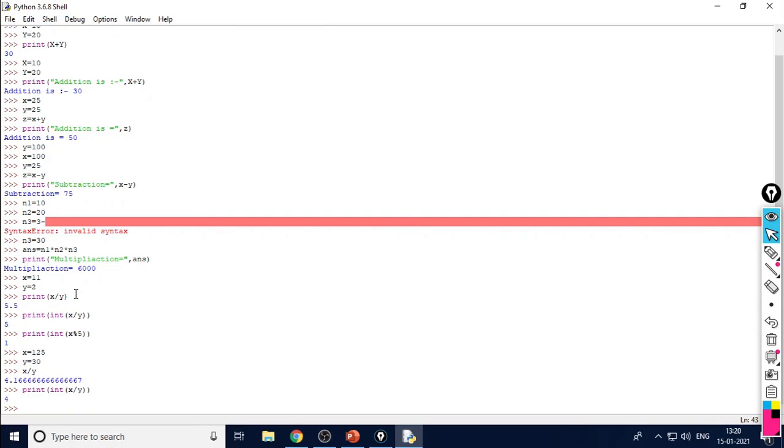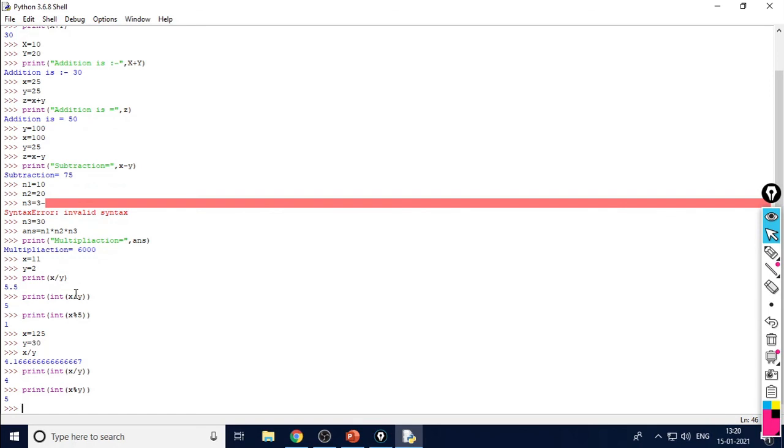And when we use the modulus operator, print(int(x % y)), it gives you the answer 5. In this way we can use different numbers and different mathematical operators, solve them, and display the output on the terminal.